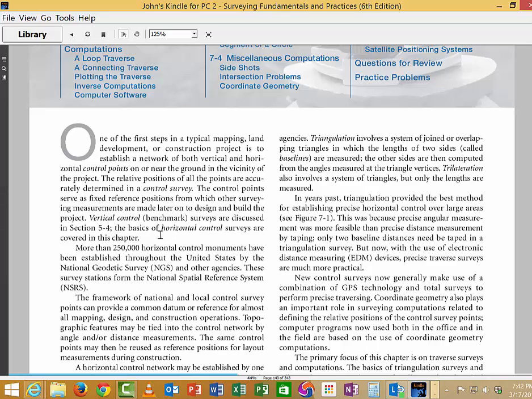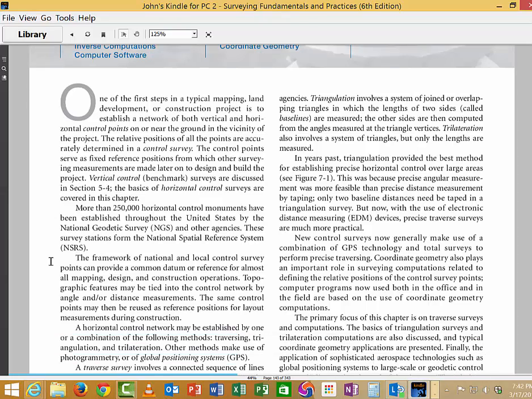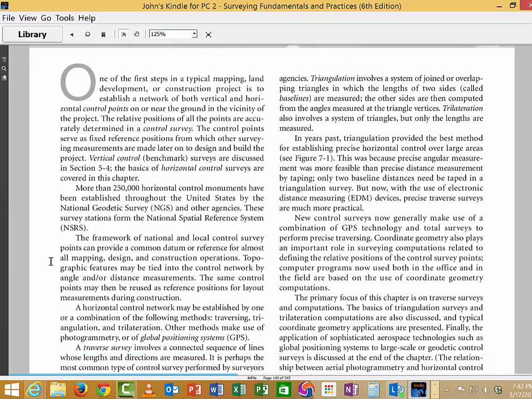And it talks about one of the few ways to establish control, from benchmarks or control monuments that are placed throughout the country. There are control monuments on the Southern Miss campus here, and when we have people out with instruments, we use that control to do our traverses. Then we know that we're tied into something real. Okay, so